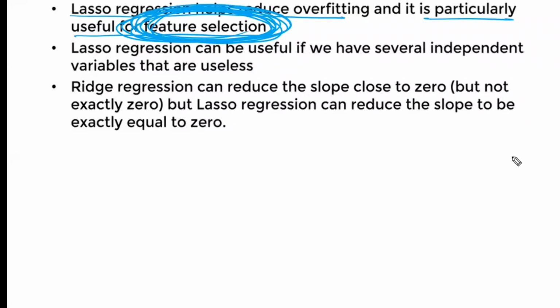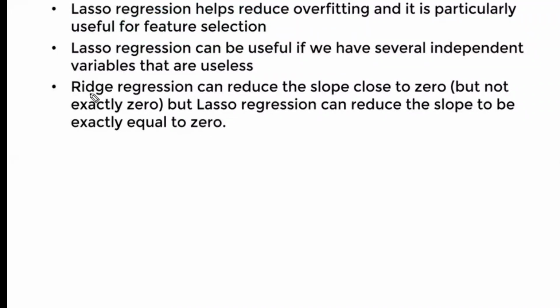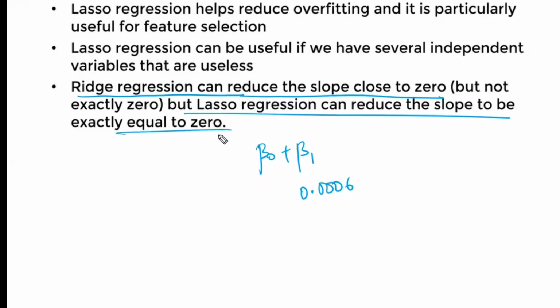Particularly, lasso is used for feature selection. What is meant by how it identifies feature selection? Ridge regression can reduce the slope close to zero, meaning beta naught plus beta 1 values. If the value is not important, it will bring it to something like 0.006. It will reduce it. Whereas lasso directly brings the unimportant variables' coefficient values to